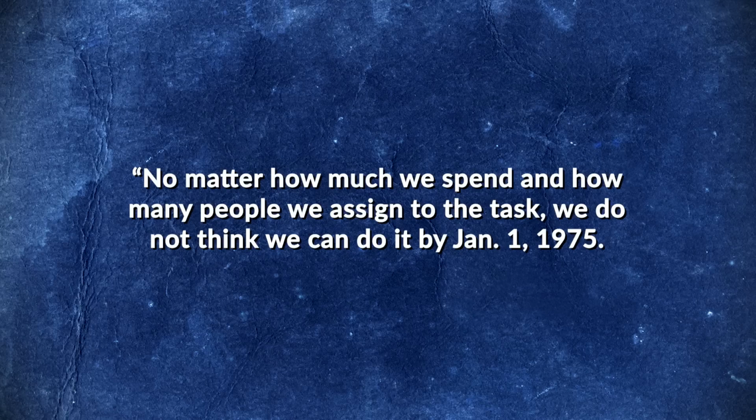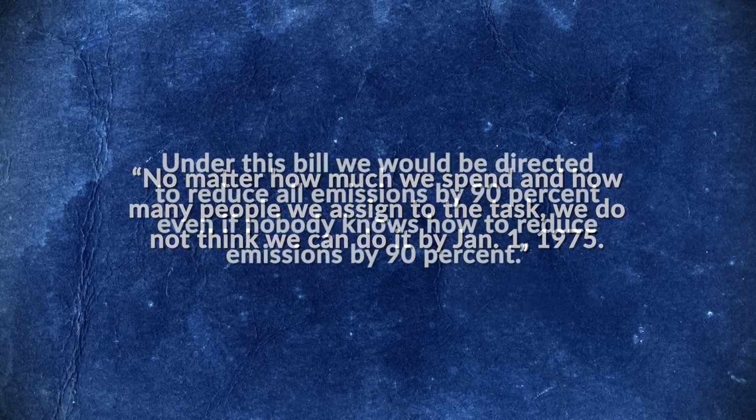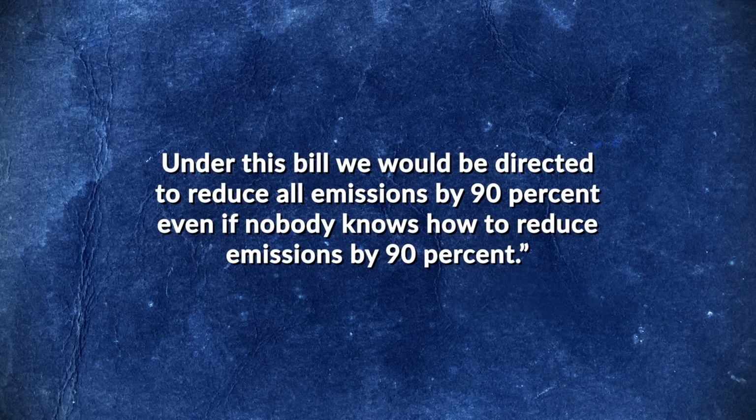While then Ford President Lee Iacocca claimed that to comply with the regulations, the auto industry would have to flat out stop producing cars for several years, saying, "No matter how much we spend and how many people we assign to the task, we do not think we can do it by January 1st, 1975. Under this bill, we would be directly directed to reduce all emissions by 90%, even if nobody knows how to reduce emissions by 90%." But the EPA refused to back down, forcing the Big Four in Detroit to attempt the